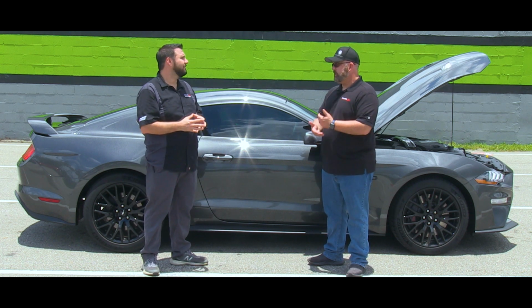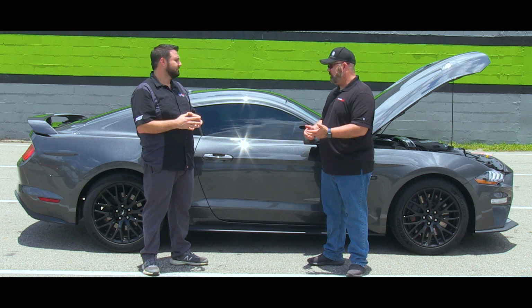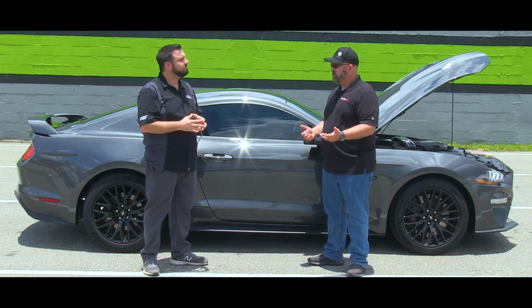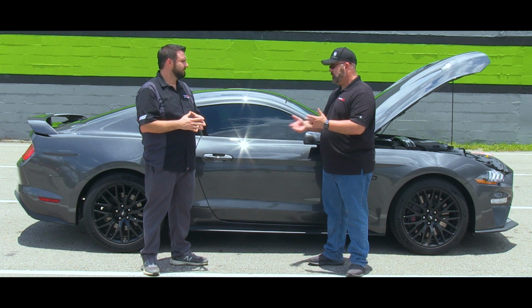We're obviously trying to decrease the ET, increase the miles per hour. We make good power on the dyno, about 20, 25 horsepower and 30 to 35 foot-pounds of torque. We're still working on it, revising it. I'd like to knock the ET down by a half second, pick up 3 or 4 miles an hour at least. It's on 93 octane, so no alternative fuels or anything, just stuff right out of the